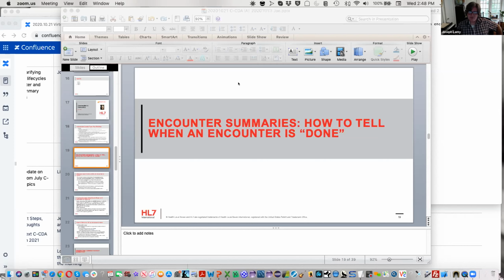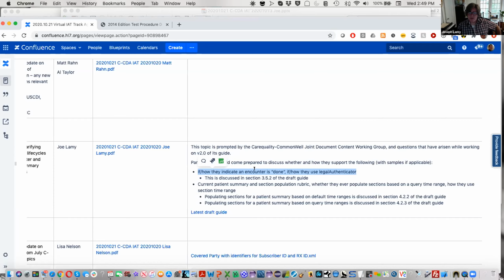one is about encounter summaries and how you indicate that an encounter is done, and the use of legal authenticator. So I want to talk a little bit about that. We talk about that in section 352. And then with the patient summary, which we were just talking about 2 minutes ago,